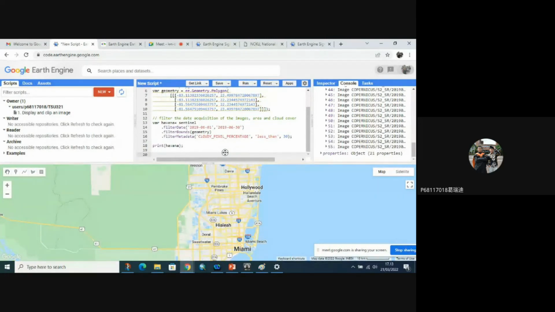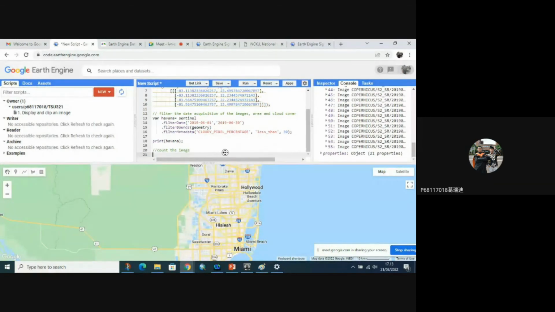And then I want to count the images, because I want to show the number of images. Using print count, Havana dot size.